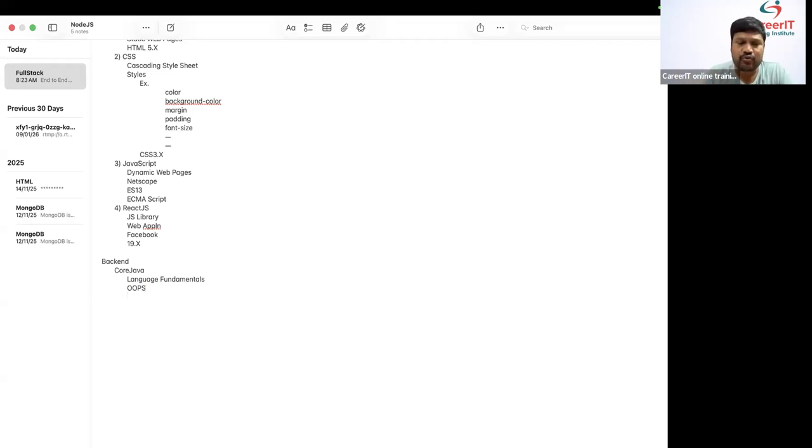Next one. After completing the OOPS, we need to go for multi-threading. After completing multi-threading, immediately we need to go for exception handling. After completing exception handling, immediately we need to put the focus on the collection framework, like set, map, and so many internal concepts. After completing the collection framework, I need to go for the Java 8 features. So many core Java concepts we have. All the core Java concepts I will discuss as part of our training.